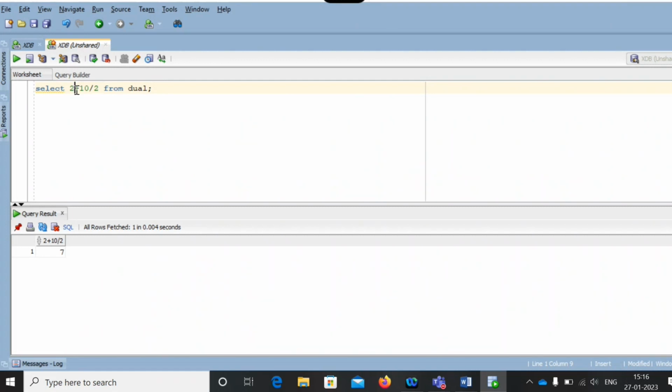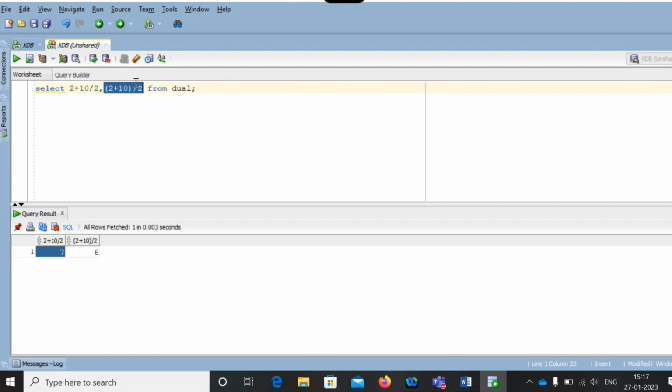Right? You need to prioritize which operation needs to be performed first. For that reason, you can mention it simply with this: give the brackets for the operation that needs to run first. That operation you need to mention in brackets. Now see, you got 6 here. In the other case, you got 7. See, you are giving the priority for operator execution. You are giving the priority to arithmetic first here, then it is going for the division.